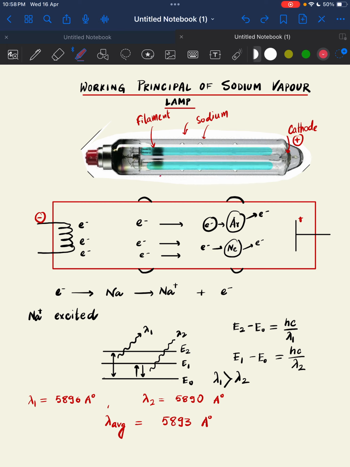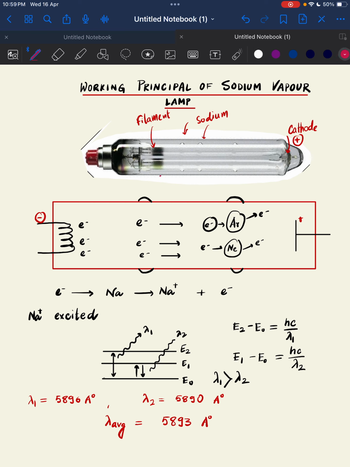and the argon and neon will have an electronic structure on the energy diagram. Let's say it is E0 and E1. So when the electron hits an argon, the electron will be excited to the excited state and it will relax back. In the process, a photon will be emitted. Let's say that photon has a wavelength of lambda. This lambda belongs to the wavelength of this pink plus orange color. So this is the concept why initially, if you turn on a sodium vapor lamp, you will see an orange pinkish